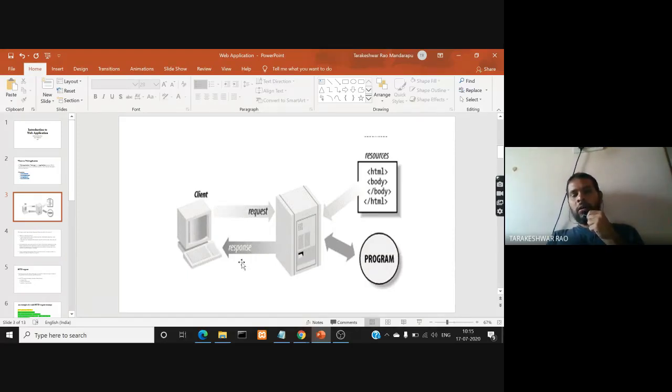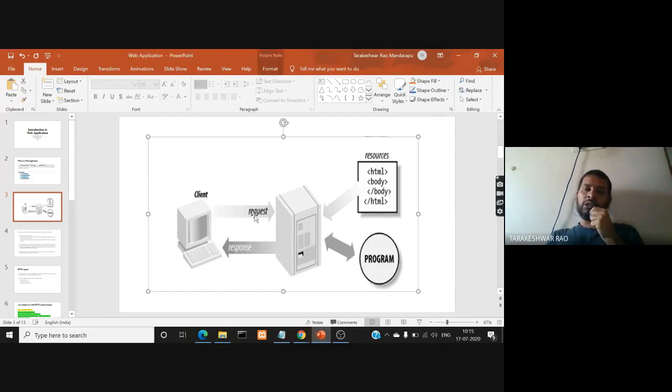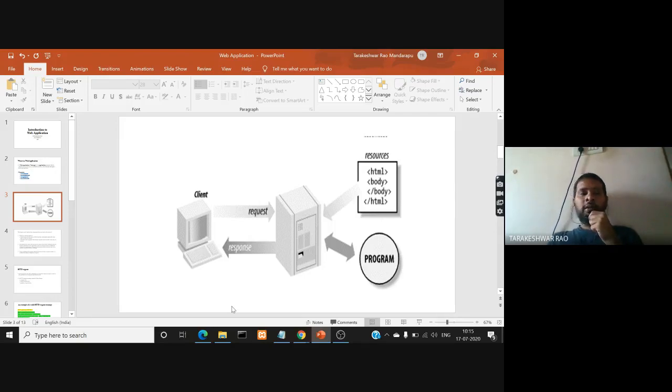Now that you understand how a web application works, how a request is sent, and how a response is generated, you will call this request an HTTP request. Why is it called an HTTP request? If you want to communicate with two persons, for example, we need to have some protocol, right? Not just friends speaking to each other. Say you want to meet a VIP, like an MLA or a minister or someone; there is a protocol you need to follow.